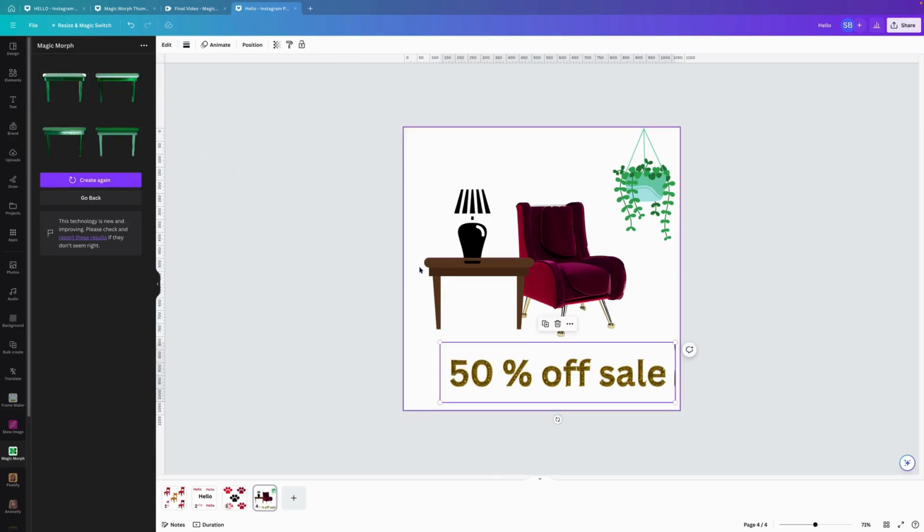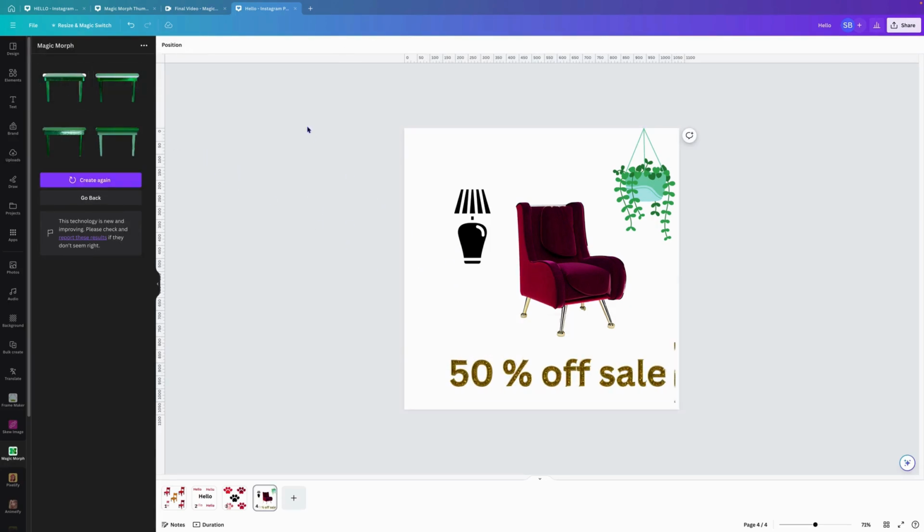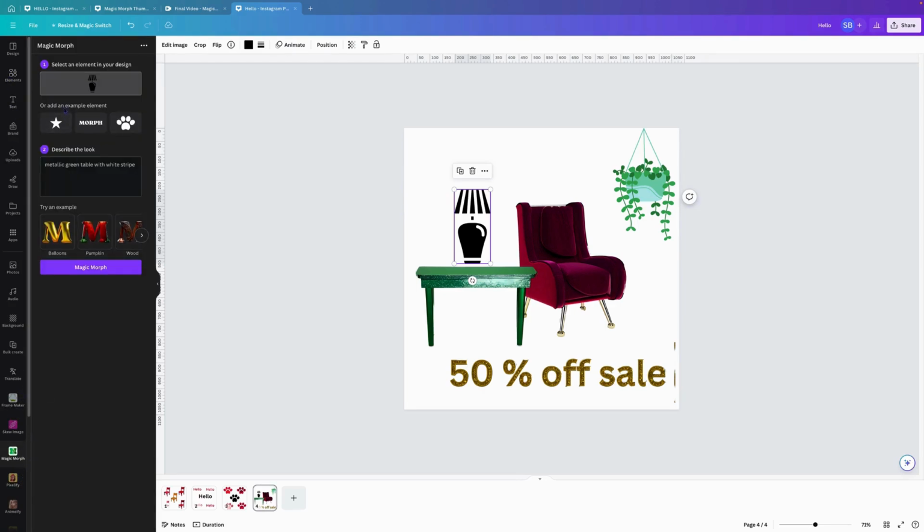Alright, so there we go, we've got a bit of a white stripe, so we'll delete that table. I reckon this table here has what we're after. Okay, increase the size of that. Alright, and with the lamp, again, come back to there, go back there, and we will go,